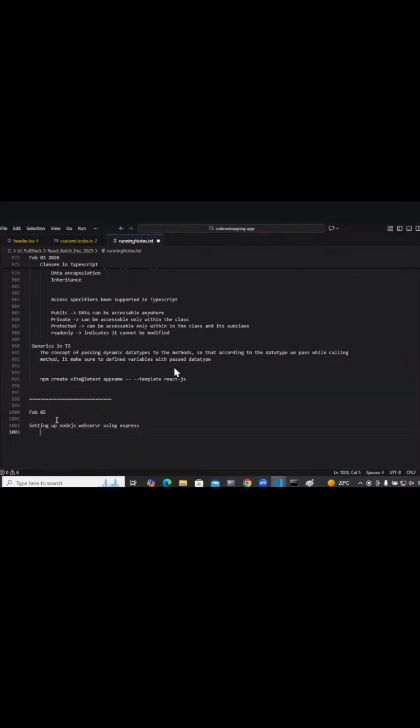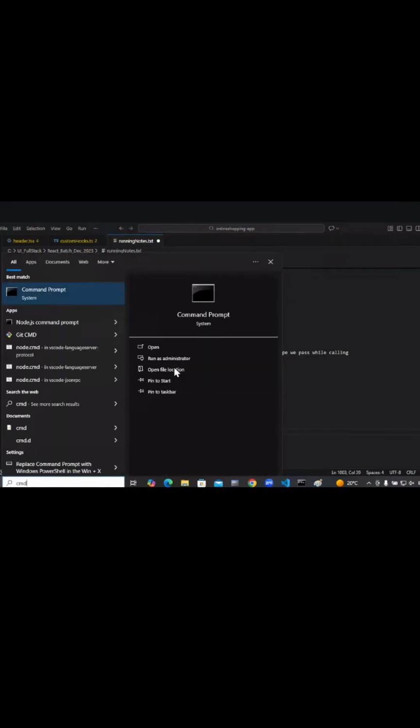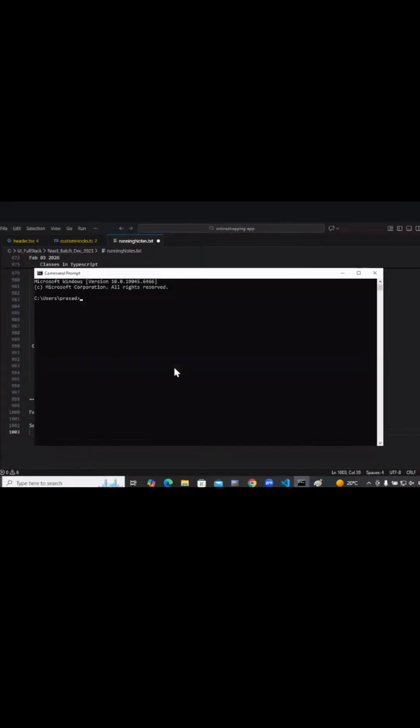So what we are going to do is create a Node.js server here. What are the prerequisites we have? The prerequisites are installation of Node.js and npm. This is mandatory. You need to go to your command prompt and say node -v. You should be able to see the version, and in the same way for npm. Anyway, if you are able to run your React, by default Node is already there for you.